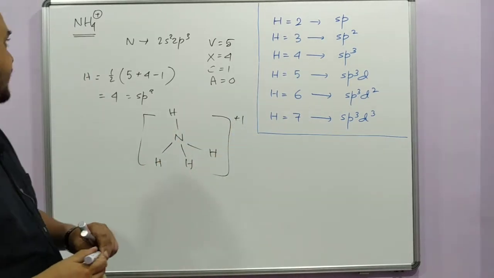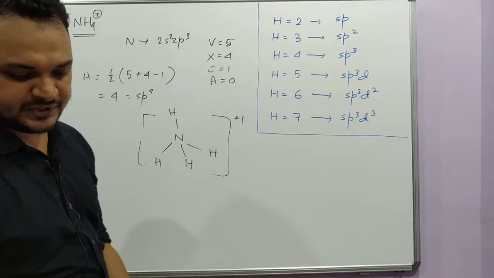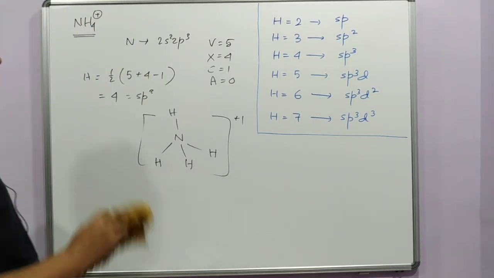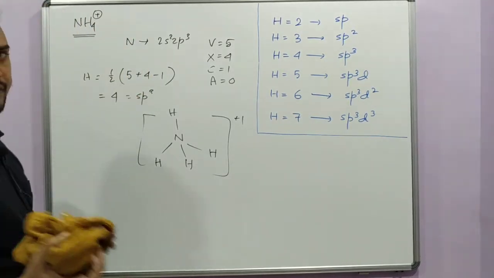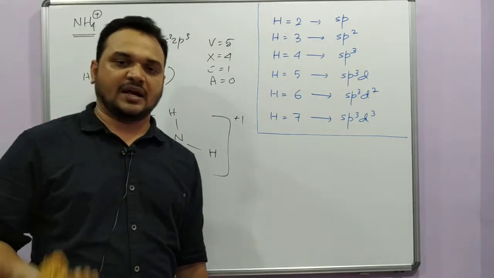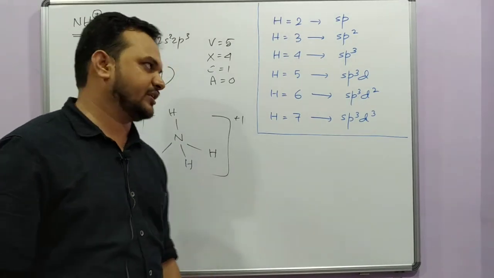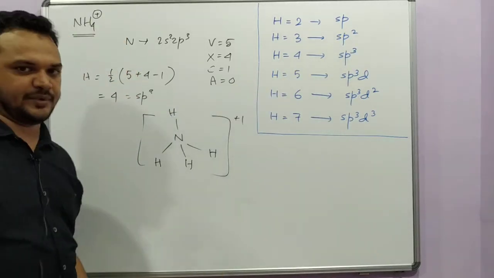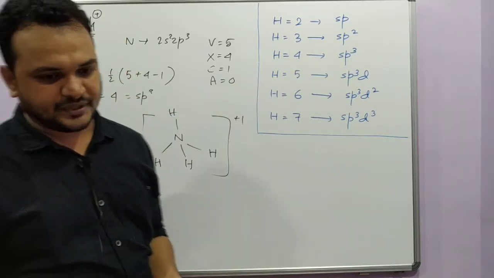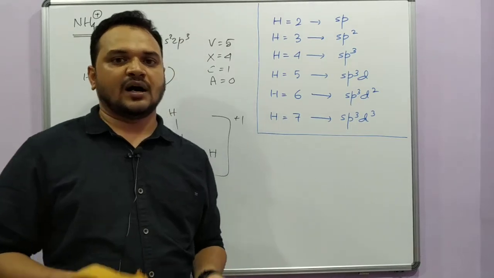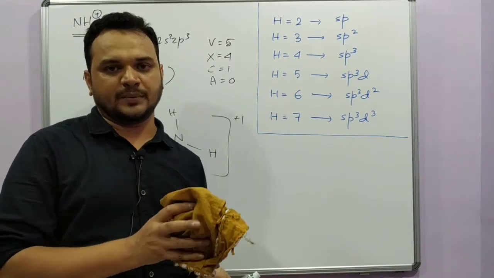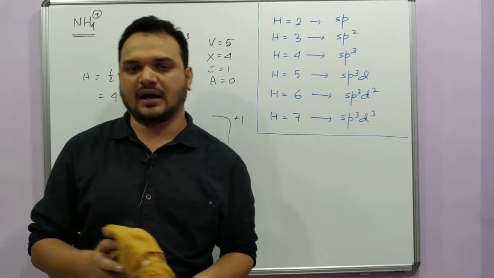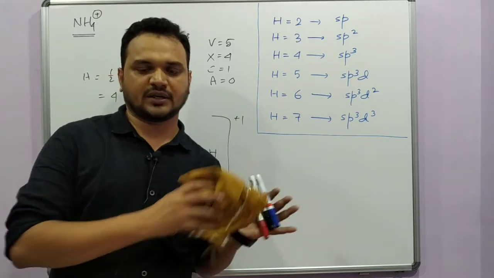So in this way, whether it is a charged species or neutral species, using the formula we can find the state of hybridization of the central atom, and from that we can find the geometry, because we know the corresponding geometries of each hybridization. Now the question appears, how can we calculate how many of them will be lone pair and how many will be bond pair? So we are coming to that part.